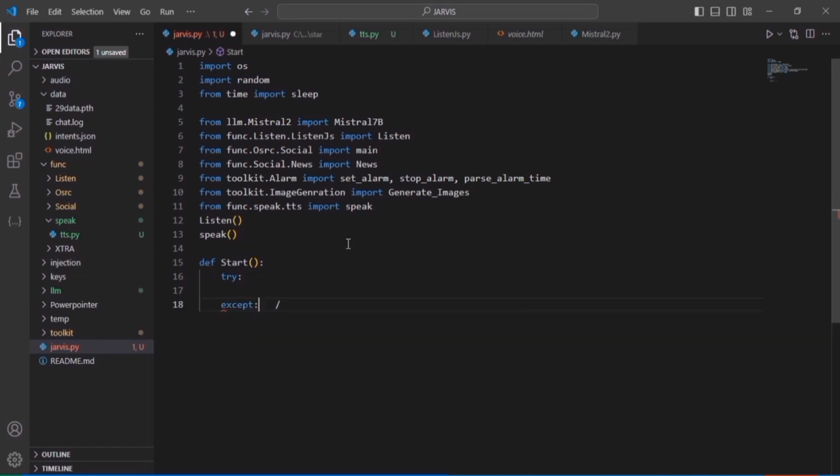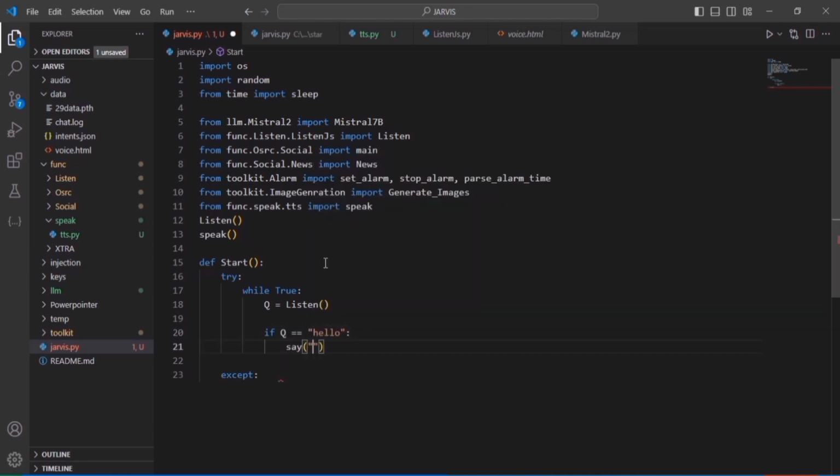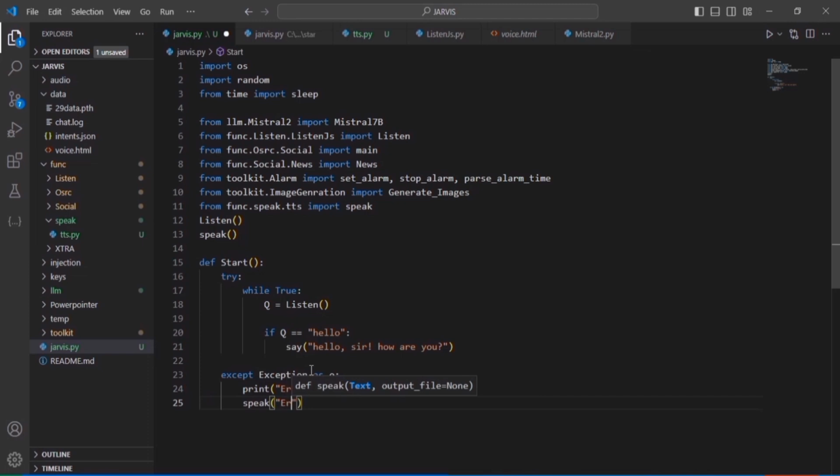Okay, so for that I will create a function named start. In this start function, I will add try and except. In the try, I will start a while loop for continuous running, and then I will create a variable named q in which I will call the listen function. Okay, and I will add this if statement that if q equals hello, then it will say hello sir, how are you?